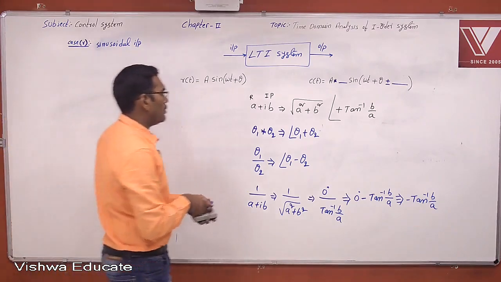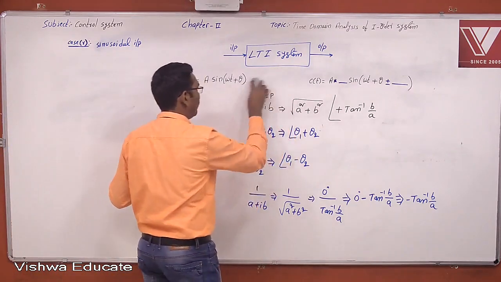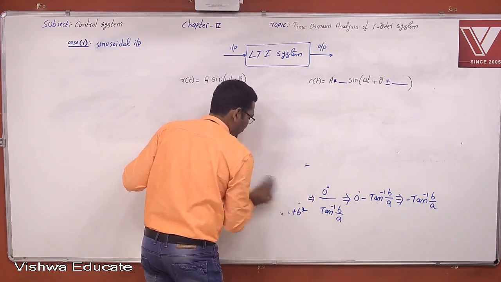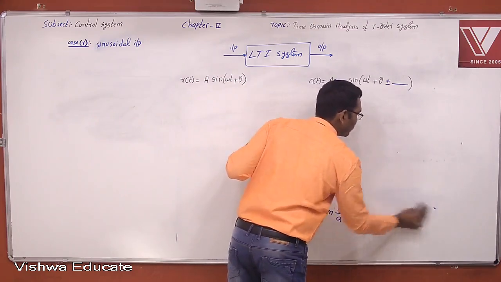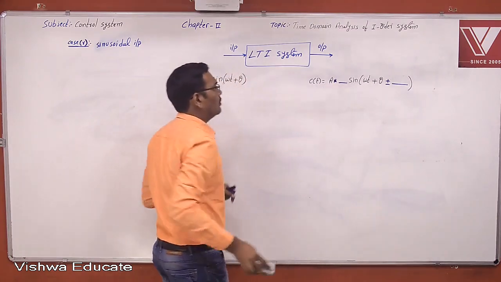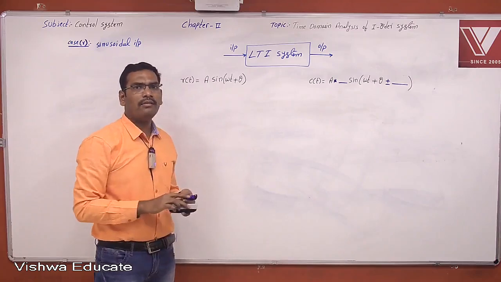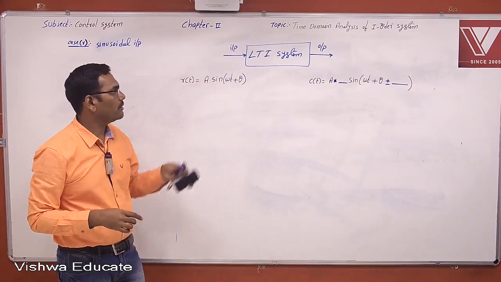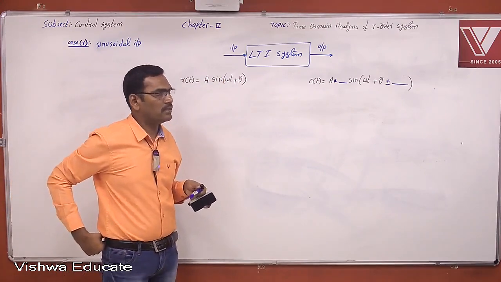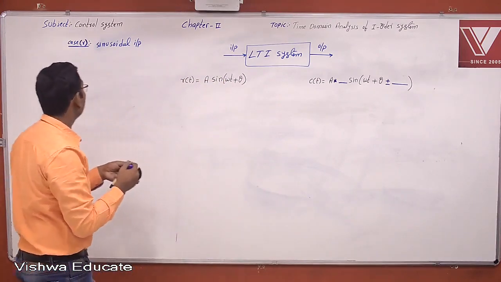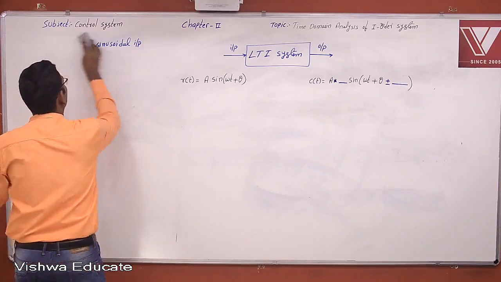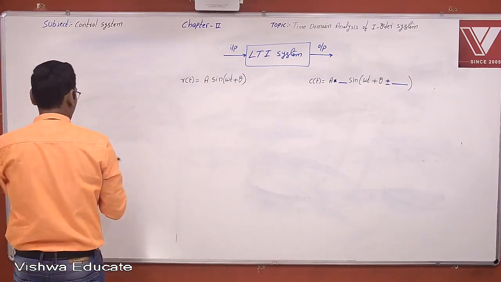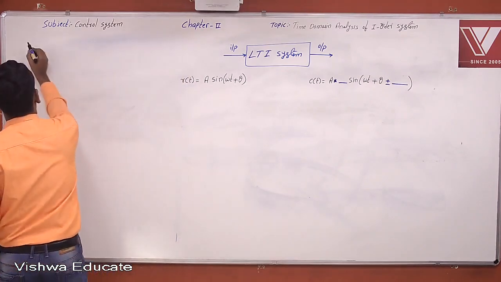Now with one problem you can understand how to get the sinusoidal response. You have a handbook of control system. In that, this is chapter 2 and the topic is time domain analysis of first order system. Now in that, question number 1, with one problem you can understand. This is question number 1 in your workbook,